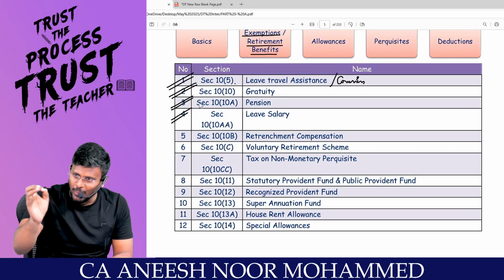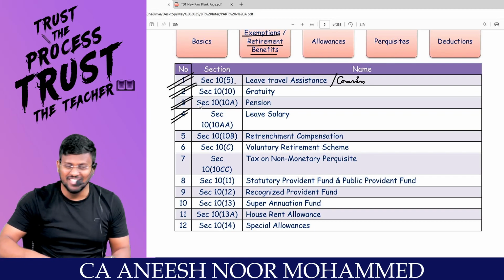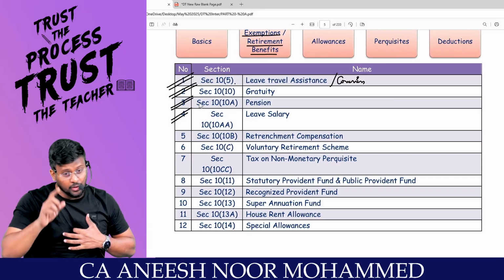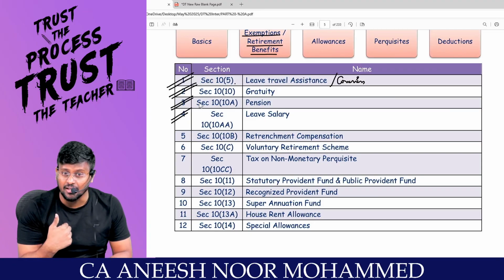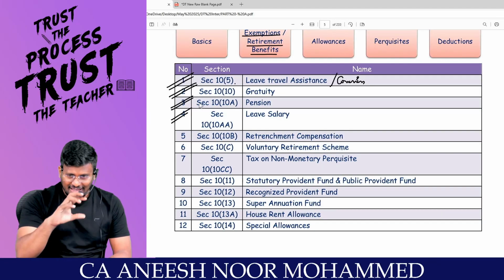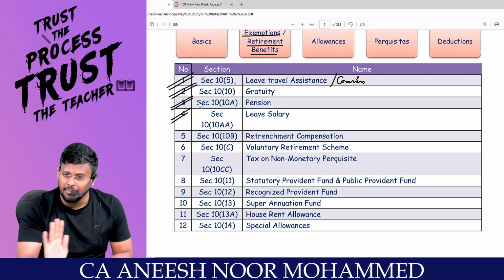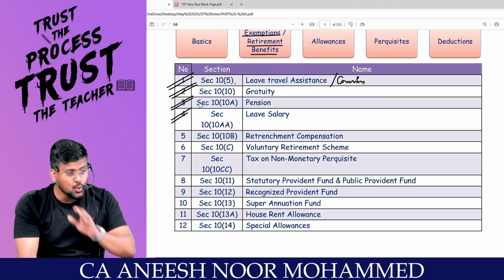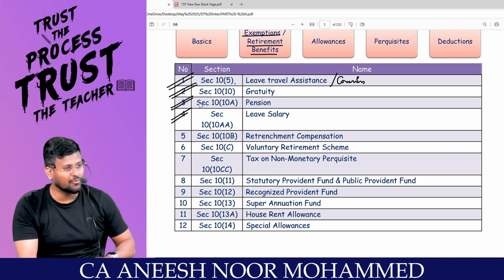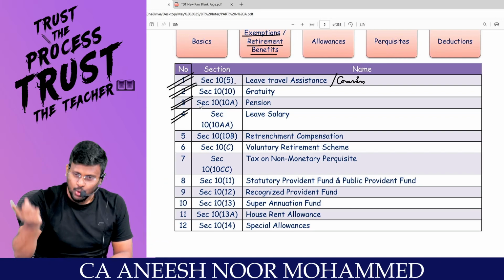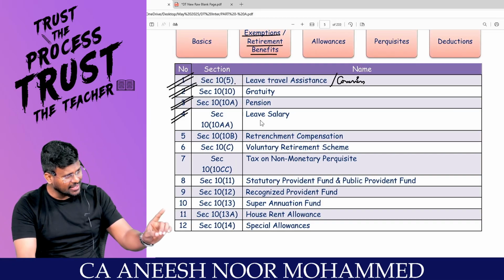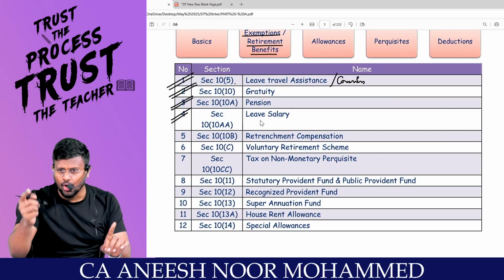Even on those 15, 20 days, sir, they will come to the organization and they will work. Hello, sir. And they will say that if I don't come also, I have to get the salary. So if I come and work, I have to get double salary. Yes, sir. That extra salary, don't pay me now. That extra salary you accumulate and pay me at the time of what? Retirement. When I retire, you pay the leave salary. So actually this leave salary should have been received on a year-on-year basis. Yes, sir.